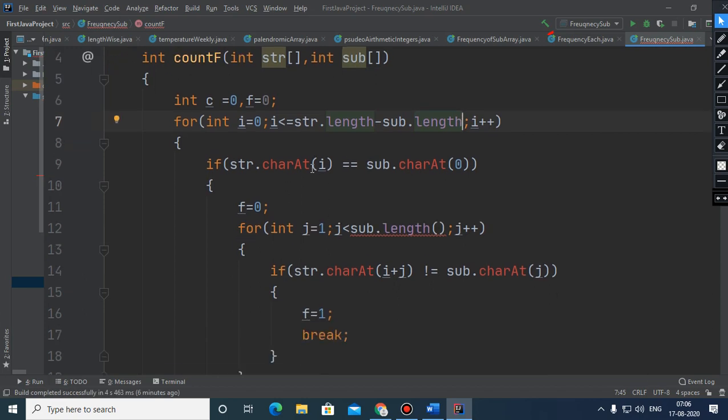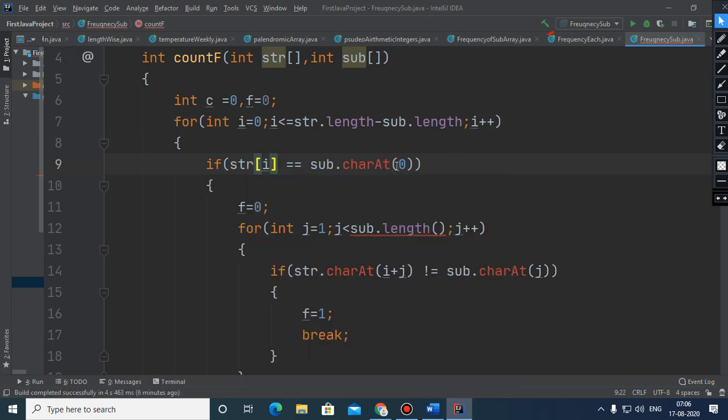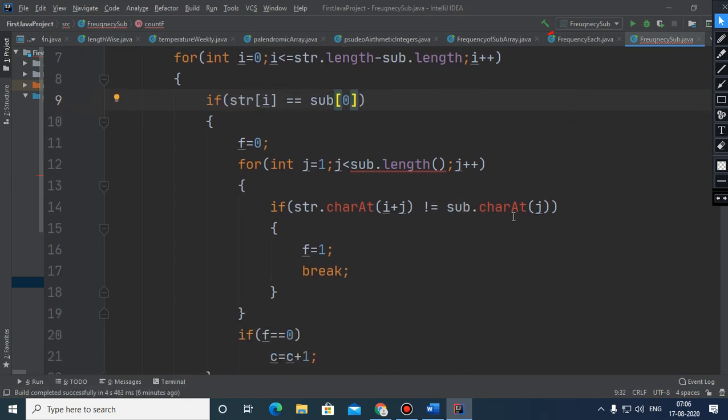And in arrays there is no charAt function, so better we write this i, and here what we need to write is sub of 0, so this part, and here again if you remove this, sub dot length we have to write, and here square brackets will come into play, and this charAt will not be there.